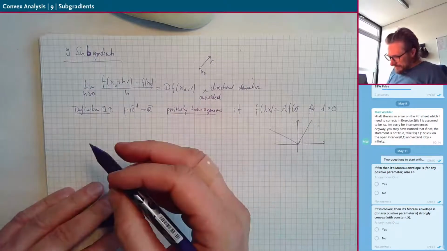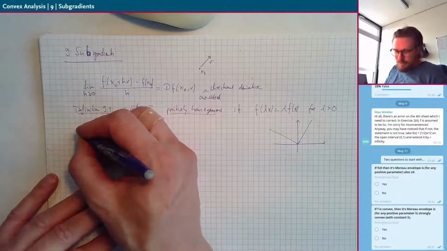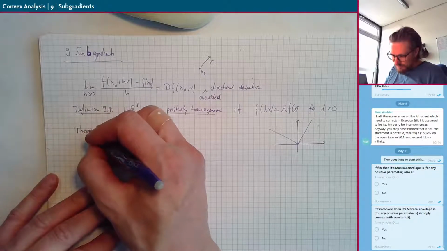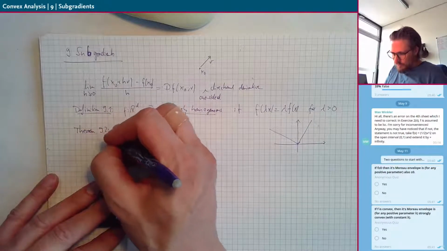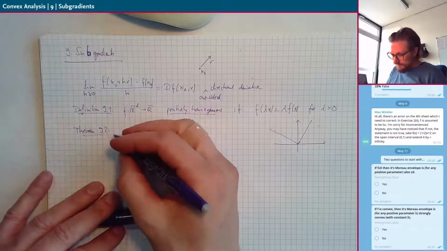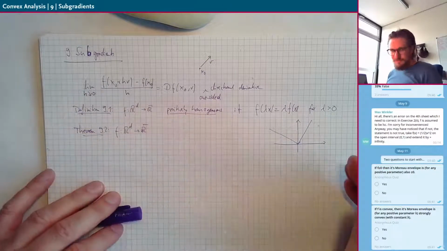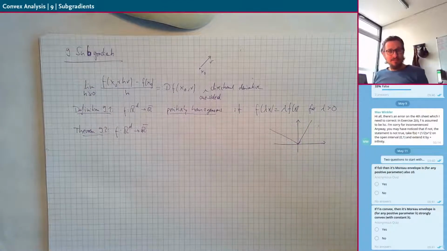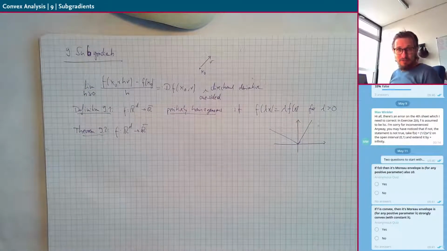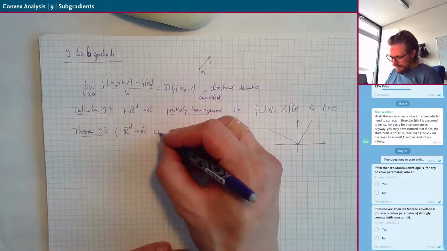Okay, and now comes the theorem about directional derivatives of convex functions. For general functions, directional derivatives need not exist, and if they exist, they probably don't have too many nice properties. But for convexity, everything is a little bit nicer. So